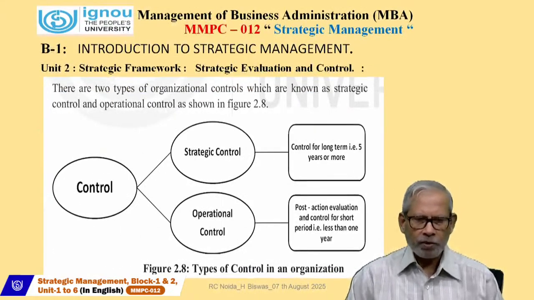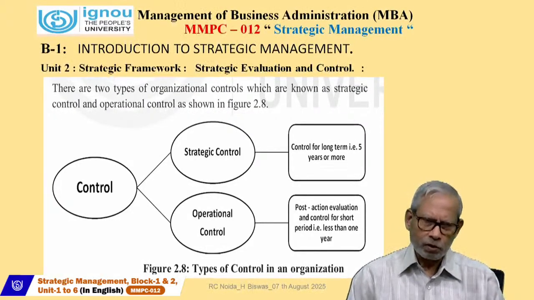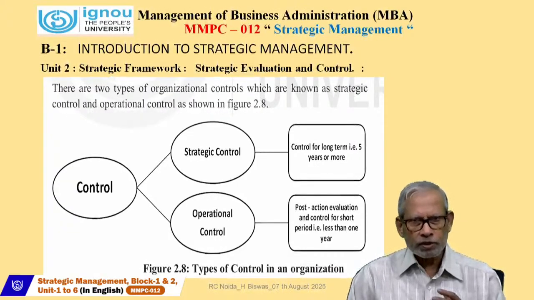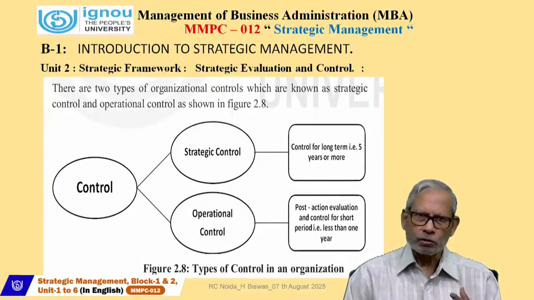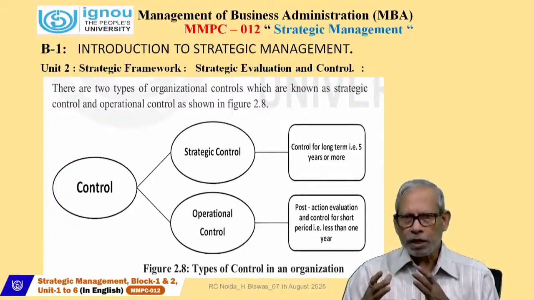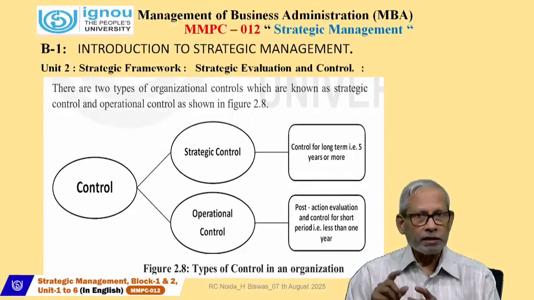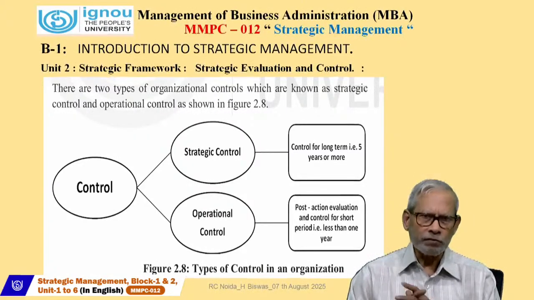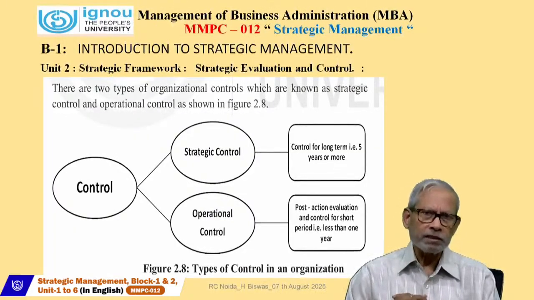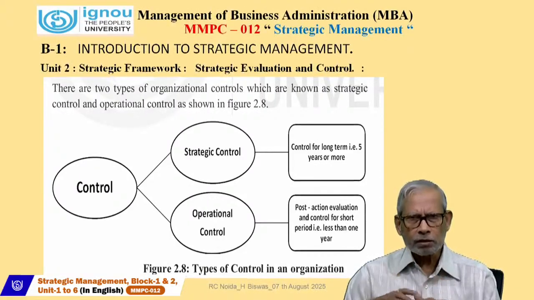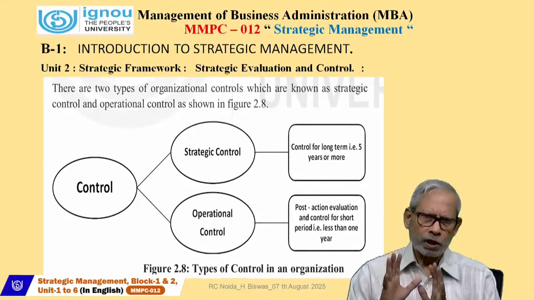Now, again, the types of control in an organization. There are various types of control, and within control we have to see operational control and strategic control. Both should be there, because from time to time you have to observe and take feedback on whether the strategy you have decided is really the right strategy or not. If during the process you feel minor changes are required from the strategic point of view, then you can control it this way.